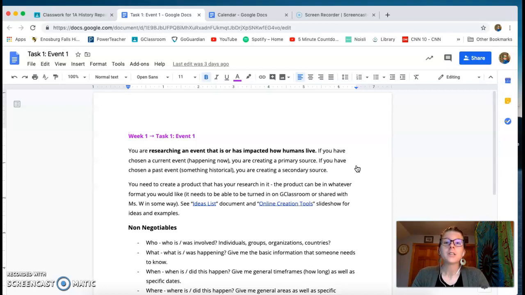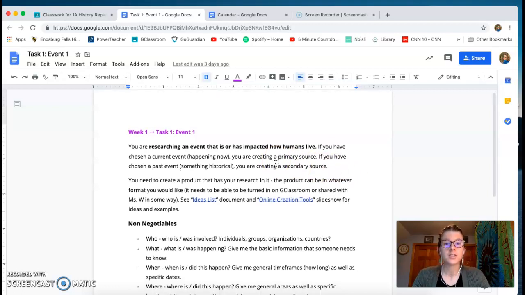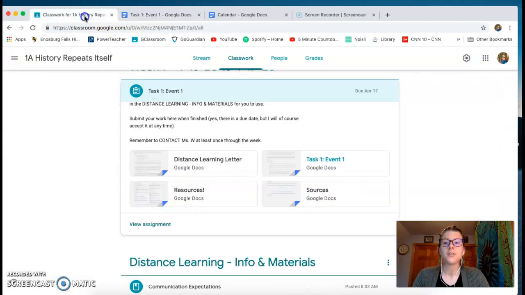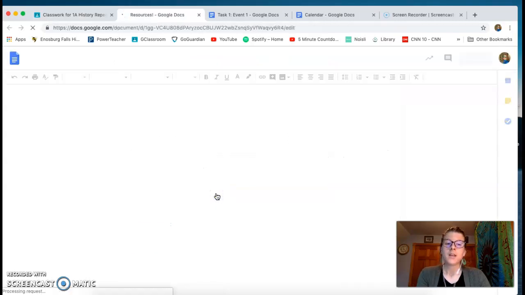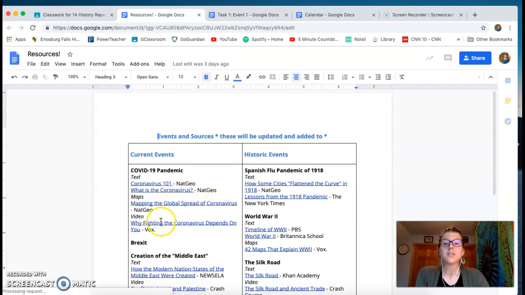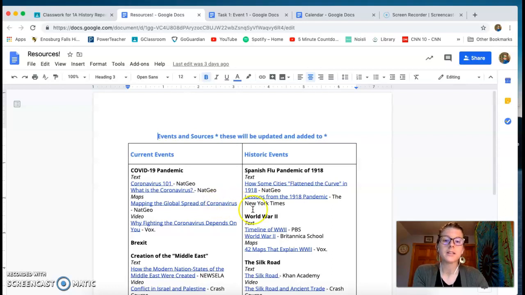So what we're going to do is look at other events that have shaped how humans live and have changed history. So you have directions in here for what you're going to do. And then if you go back to classwork, resources is a document that has different suggestions of events, and then different resources, whether it's an article or a map or a video or something else like that, that will help you look at these events.